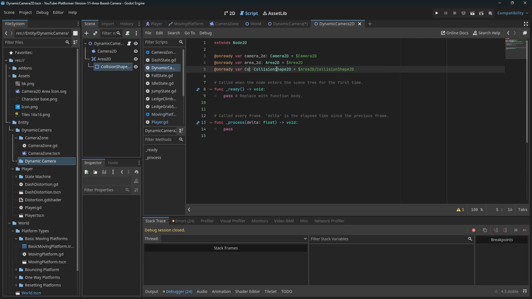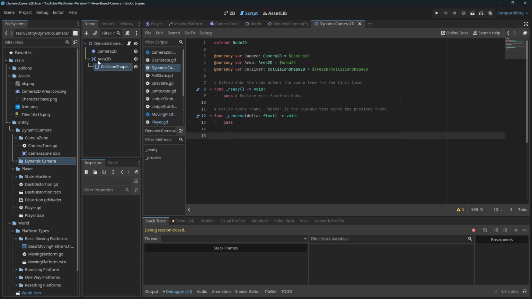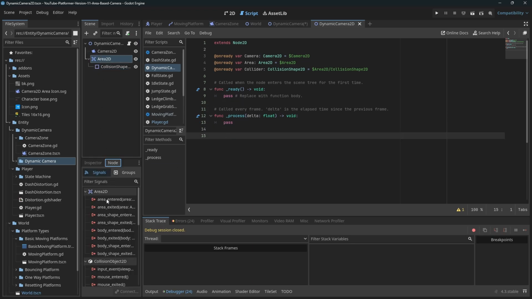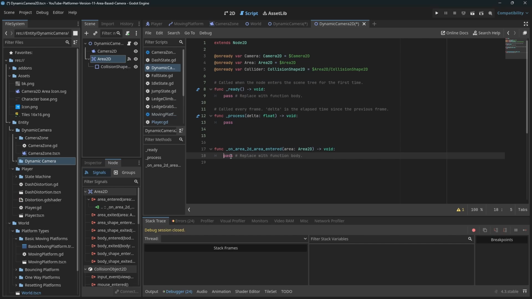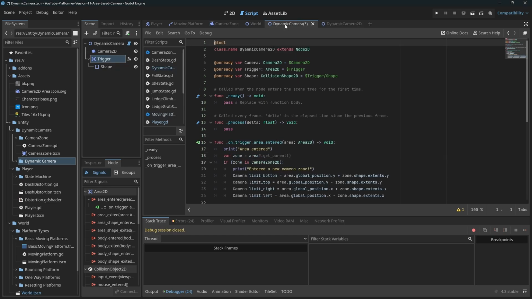We'll call this collider area camera, and then we go to our area entered. Yep, connect all that, and we're just gonna print area entered. Let's get some information first. Okay, so now if we do that,